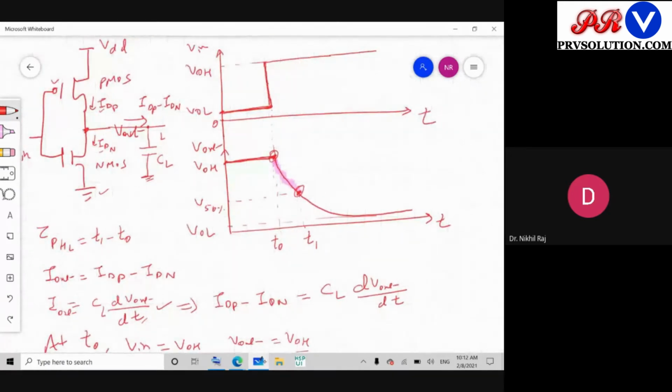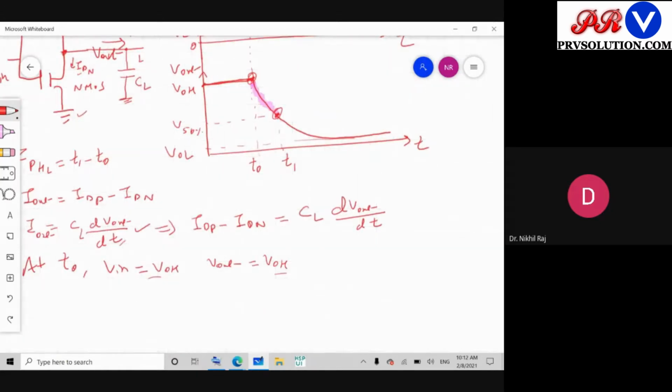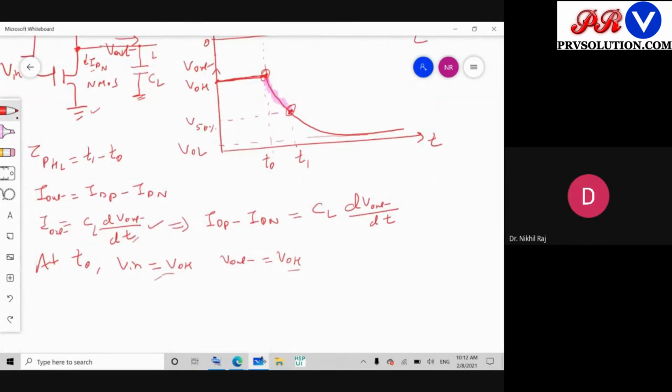So now we were at calculating of T naught. So at T naught, my V in is VOH and my V out is also at high, just at T naught point. So when I know these points, now I can apply in the transistor and I will look for what happens during that time, what are the conditions of the MOSFETs. So when V in is high, what will happen? My NMOS will turn on. NMOS will be in the turn on case and PMOS will be in the off condition. Once PMOS is in the off condition, what will be IDP? The drain current will be 0. So only IDN will be flowing.